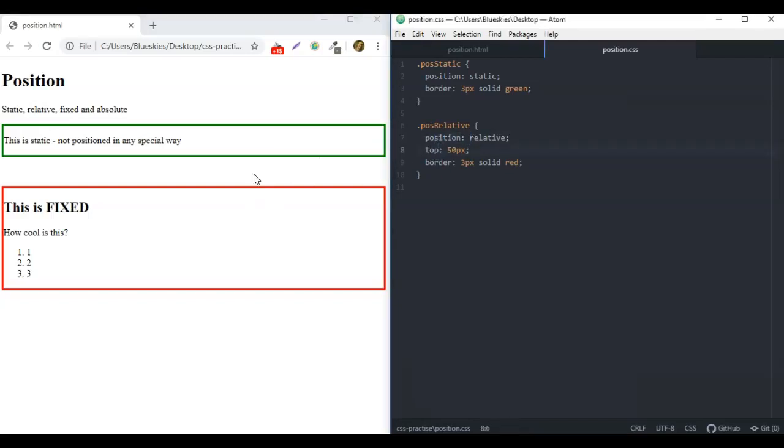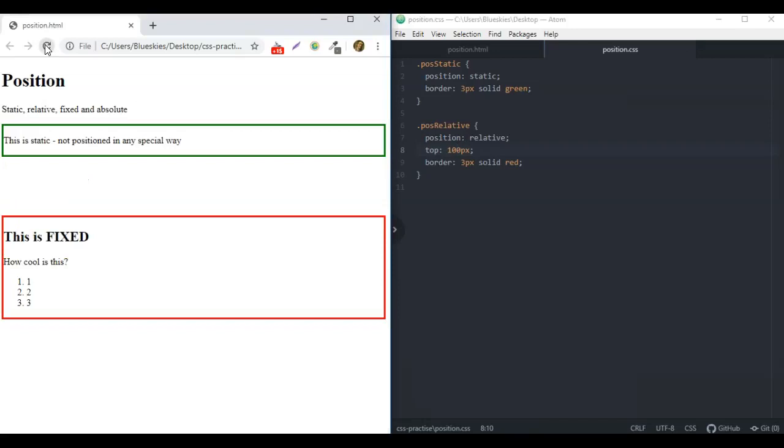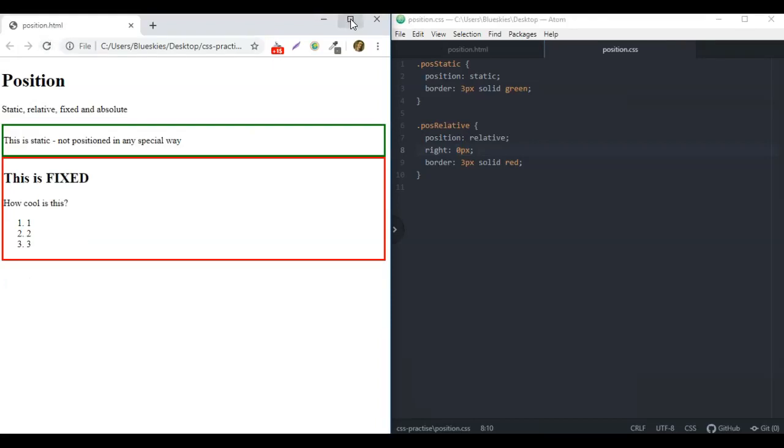It's saying, okay, I'm going to be 50 pixels away from the nearest element, which is this other paragraph. So if I were, for example, to say 0 pixels, it'll be right next to it. If I put 100 pixels, it's going to be further away from it. Or we could say from the right, 0px. So we want it to be right next to the right hand side. Now if we make this bigger,